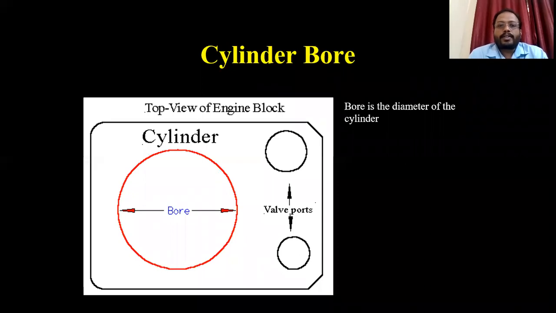Now let's go for some terminology like cylinder bore. On the top view of the cylinder bore, that is the engine, which we usually call cc, the cubic centimeter of an engine, and the bore is the diameter of the cylinder. So today if you go for a bike, a Pulsar or a KTM, you will see the CC of the engine. That means the bore of the engine, where the diameter of the engine piston is